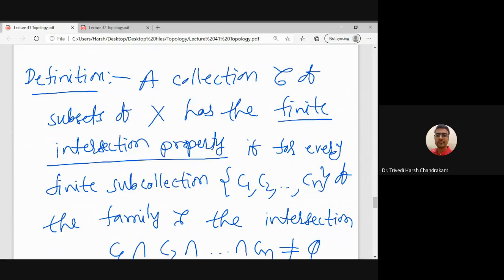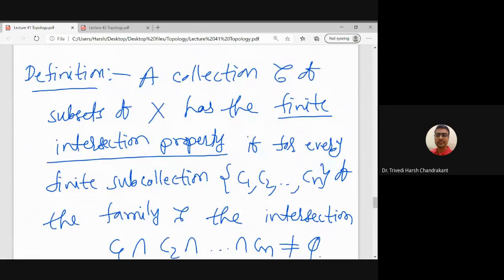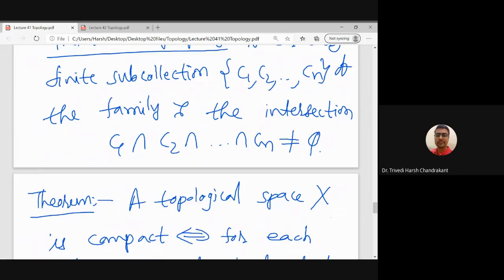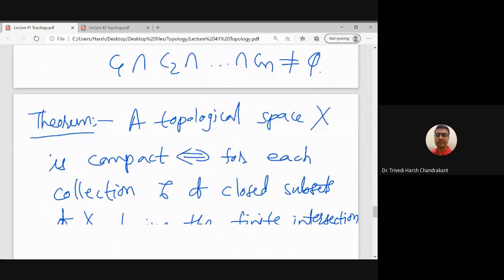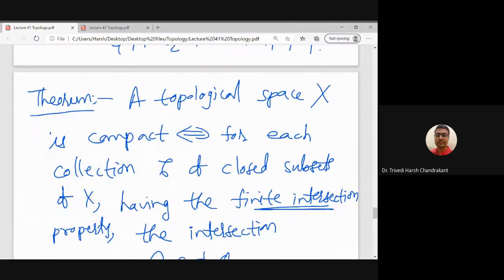So here in this definition, we are not taking the elements of C to be closed sets. It may be any sets, right? Whatever family of subsets of X C is given, it satisfies the finite intersection property if whenever we take n elements of that family, its intersection is always a non-empty set. And then we discussed a result that a topological space X is compact if and only if for each